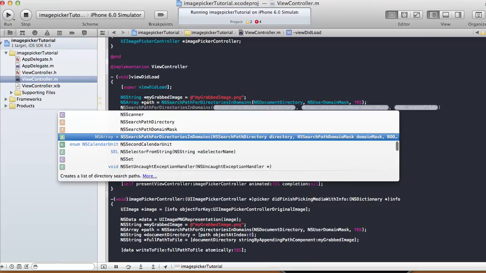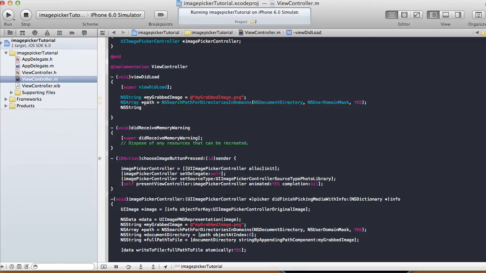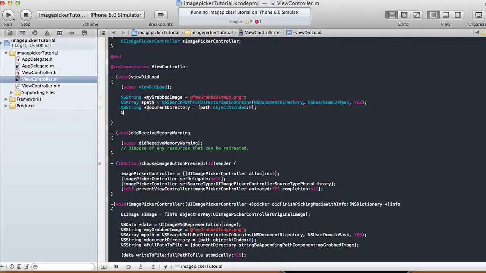Alright, and then again do NSString document directory equals path object at index 0, and then another NSString full path equals document